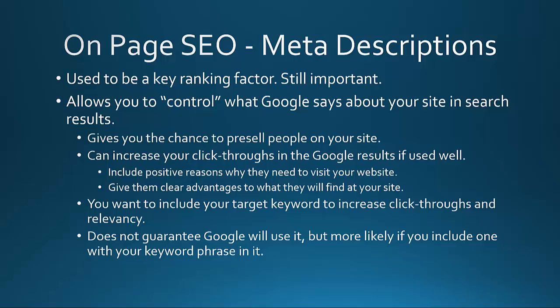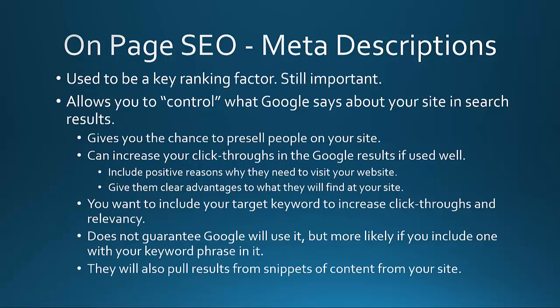It does not guarantee Google's going to use your meta description. I want to point that out. But it's more likely if you include a meta description with your keyword phrase in it that it will end up being used in this way. They will also pull results from snippets of content from your website. It's not ideal for click-throughs, usually, though, if they pull snippets from your website, because